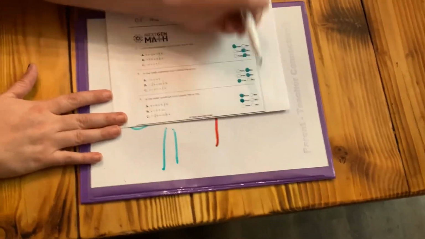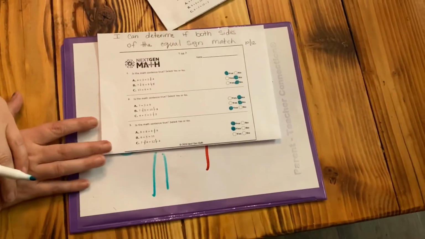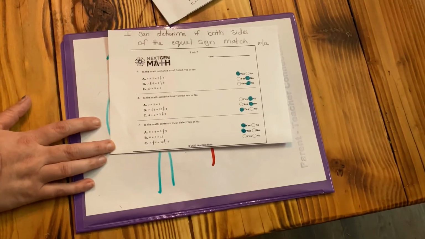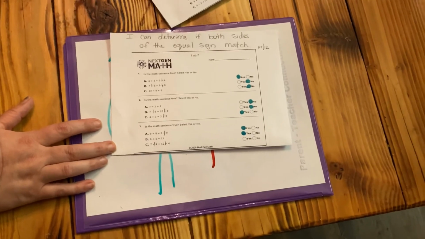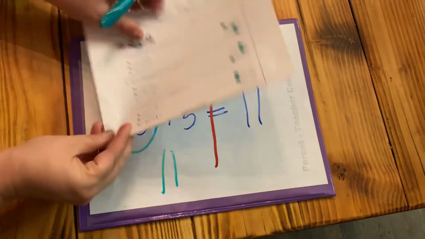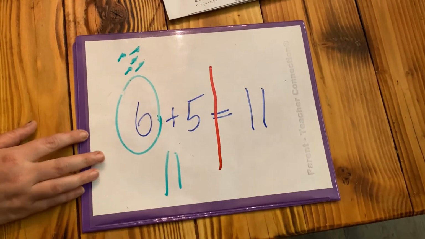Now look, if we would have just said no, we would have gotten this wrong because we didn't check all of our answers. And they might all be right or they might all be wrong. We don't know for sure. We have to check all of our answers. And then our last one